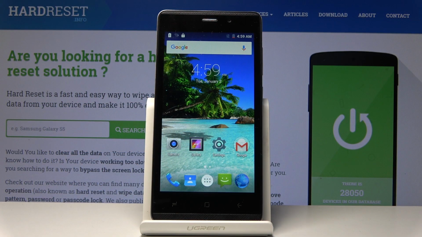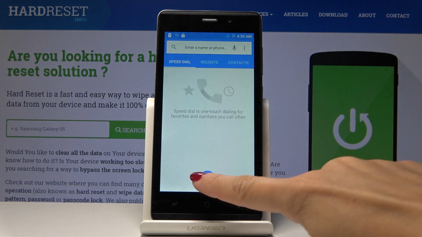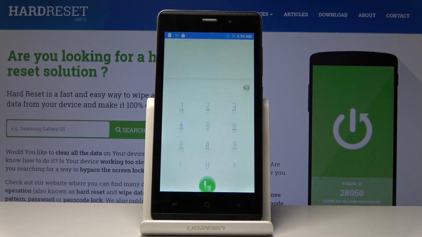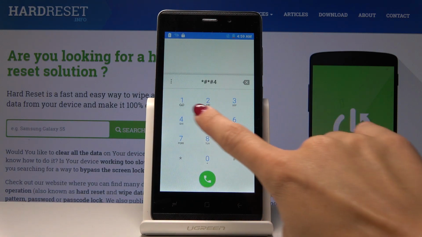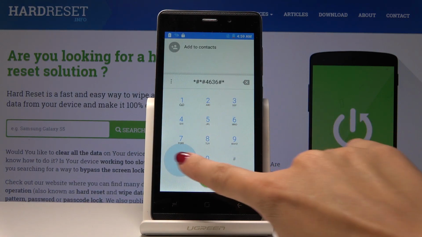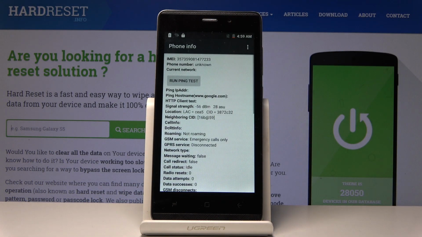Here I've got SPIPHONE A10 Pro, and let me show you all the secret codes for the following device. At first you have to open the phone dialer, go to keypad, and let's start with the first code, which is *#*#4636#*#*. And here you've got the testing mode where you can check phone information, and you've got IMEI number,